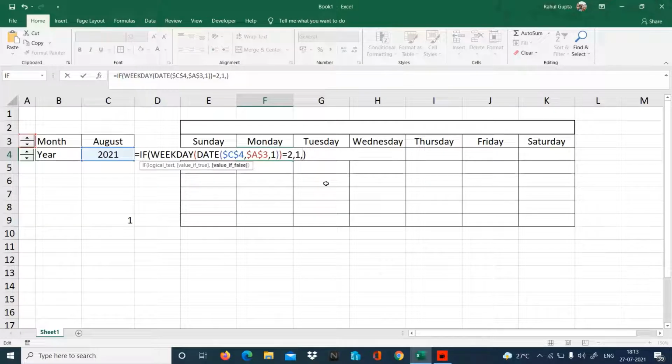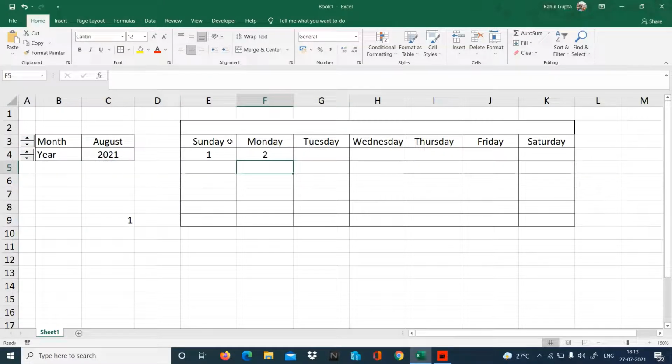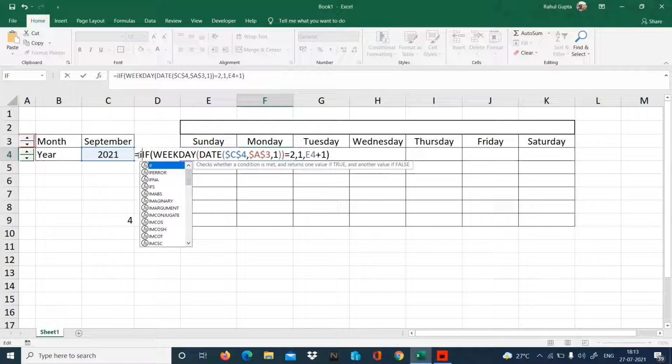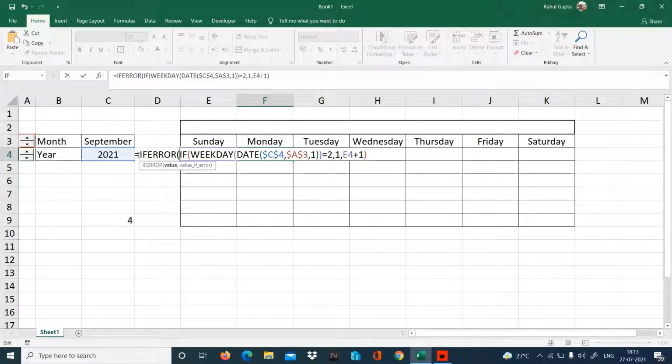What I'll do is take the value of Sunday and add 1. So I got 2. But what will happen if Sunday is blank? In blank, when we add 1, it will be a value error. You can see. So to remove this value error, we have to use IFERROR, because as I told you, IFERROR can be used to remove the value error. And we have to make it blank. And this becomes the final function for the first week, because the difficulty is always there when we have to take out the first week.